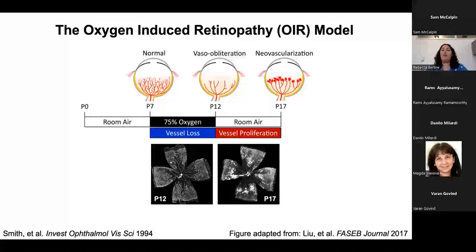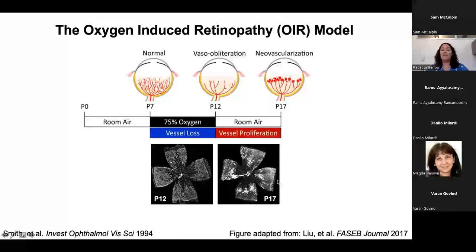And so in this model, we're able to exploit the property of the mouse in that the mouse retinal vasculature does not develop until 3 weeks after birth. And that's a really hypoxia-driven process. And so we can actually interfere with that process by mediating the amount of oxygen that's available to the mouse. And by doing that, we're able to control when the hypoxic stimulus happens that will allow for a growth of new vasculature. And we can do that in a way that allows us to model the phenotypes that would be associated with ischemic retinopathies in human patients.